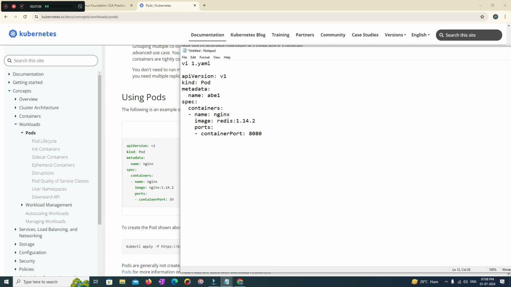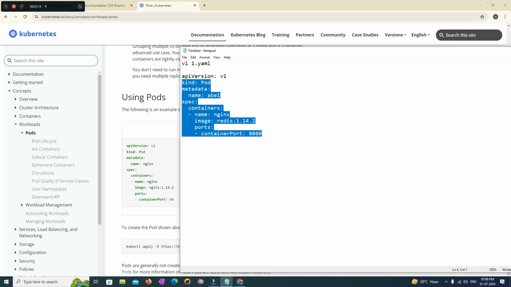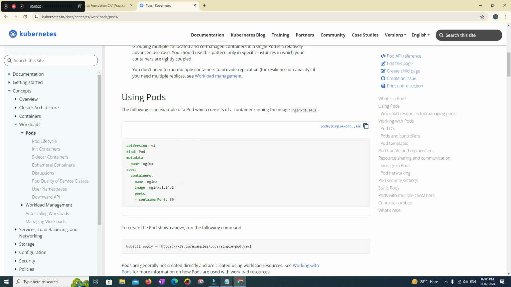So this will help you save a lot of time rather than creating the YAML file from scratch. Don't try to be a developer, and you are not a developer. We are not developers. We are system admins. So we don't write code. We try to execute the things as soon as possible. So just copy the code from the Kubernetes documentation and paste it into your new YAML file and modify the code